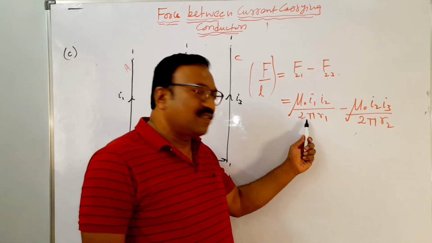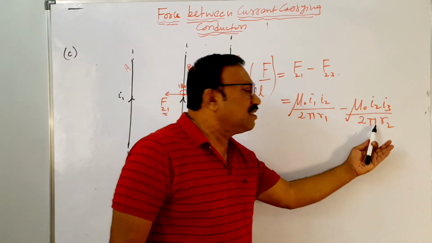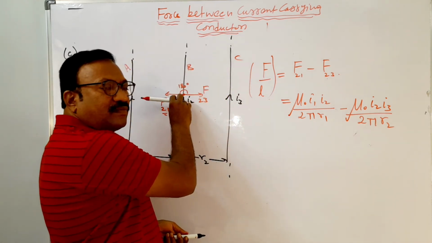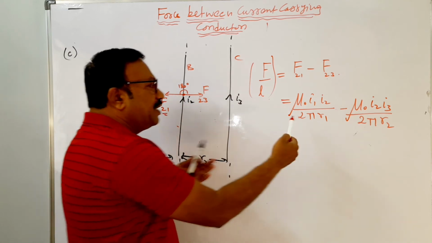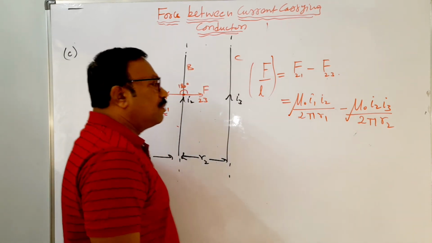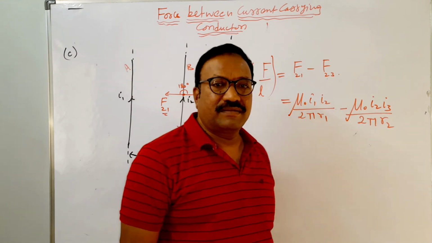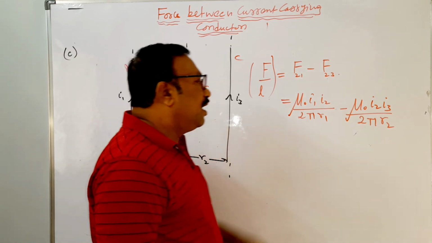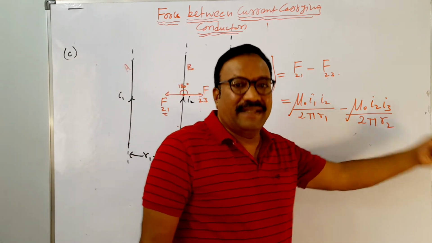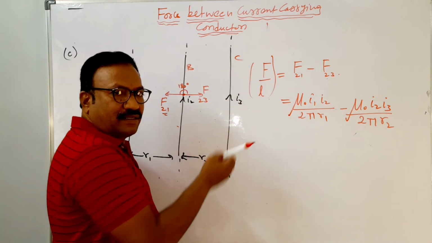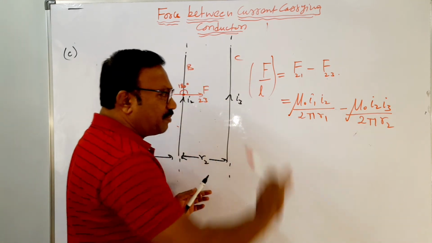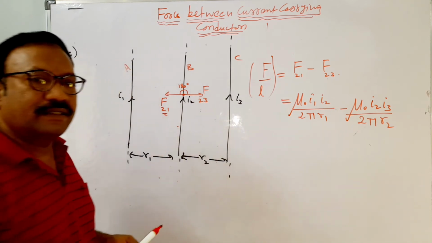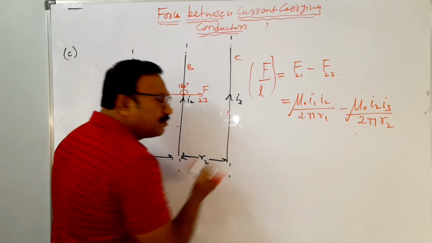I am assuming this force is greater, so you will get a positive answer. If the other force is greater, you will get a minus answer. Plus means the resultant force is this side, minus means that side, depending on what values you take. Suppose you have 5 minus 3, plus 2 is the answer; or if you have 2 minus 5, you get minus 3. You have to subtract the 2 forces and the resultant force will be in the direction of the greater force. That is how we can calculate. Now, can you calculate force on this now? Yes, you can calculate.